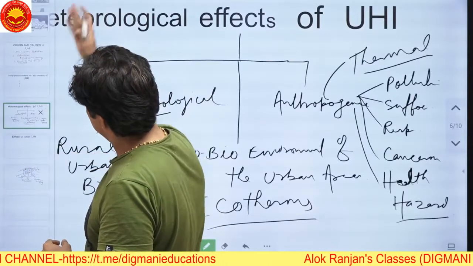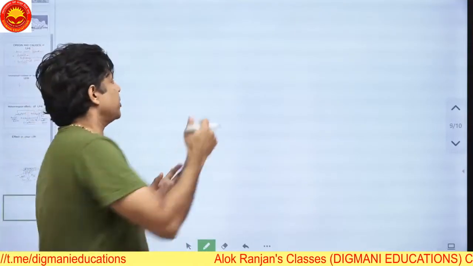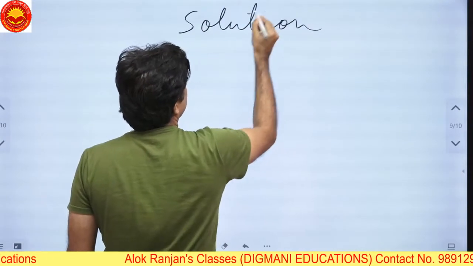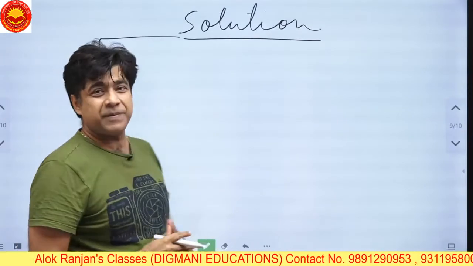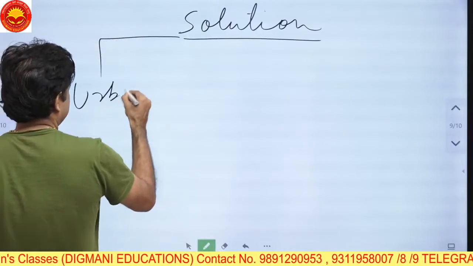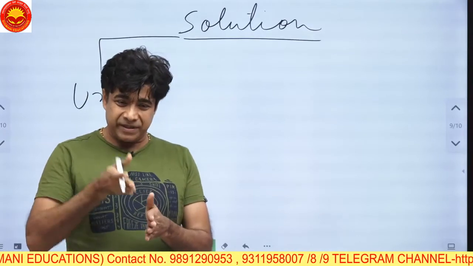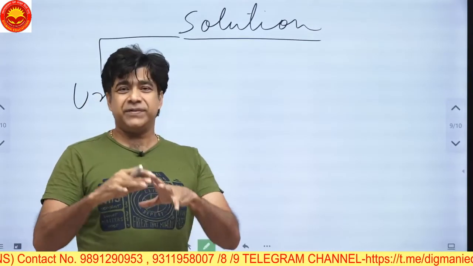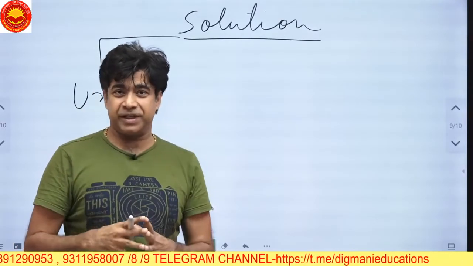The solution, okay, it's not in my chart, but I will take a white page for you. So what is the solution for it? The solution for the urban heat island. The solution will be urban forestry along the pavements, along the roads, even in the road dividers, you can have forestation. So all these trees will reduce the temperature by 12 degrees centigrade from the normal.